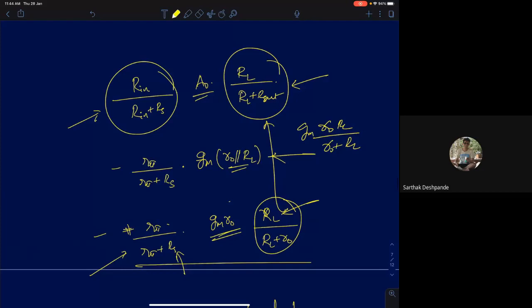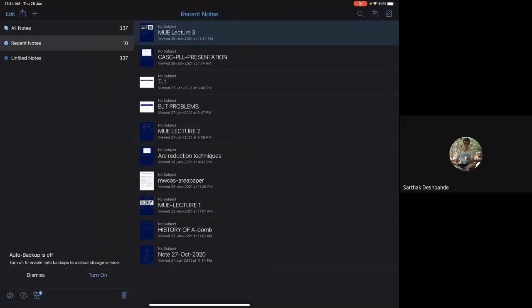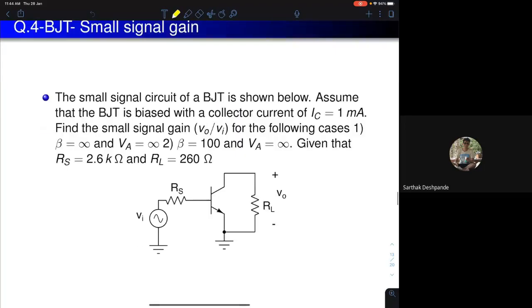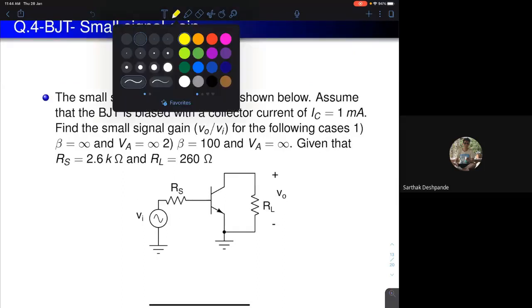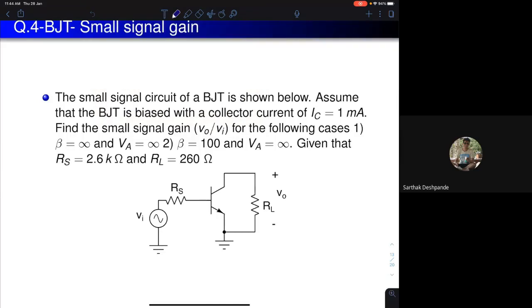Okay? So that's it. I'll solve one tutorial question. So this is the tutorial question given to you guys. In this course, many a times we won't show you the biasing conditions. We may not give you biasing conditions, and we usually will ask you to assume that the circuit is already biased. One such example is this. We have already given you this circuit. Question number 4 of your tutorial, I didn't get to solve. In this circuit, you are supposed to find the voltage gain for different cases.